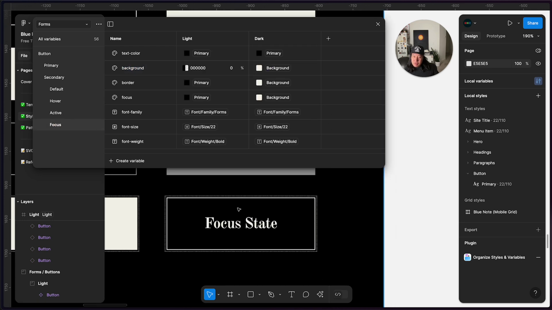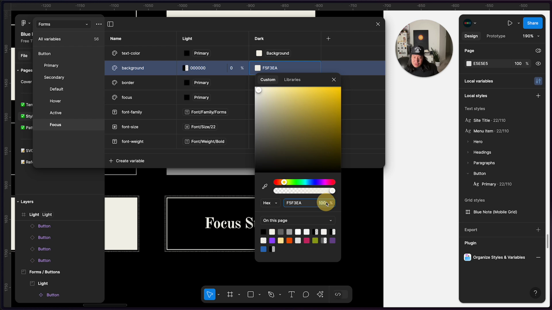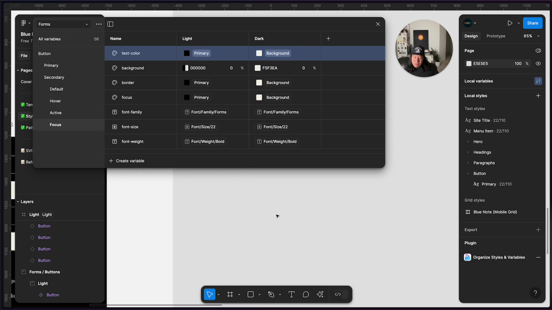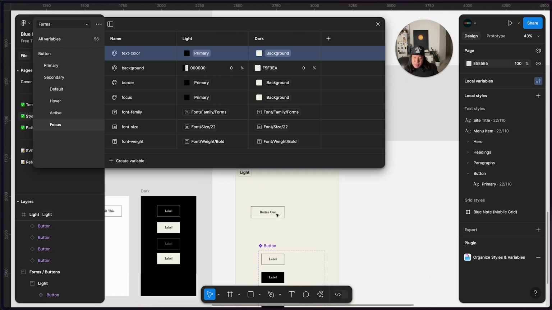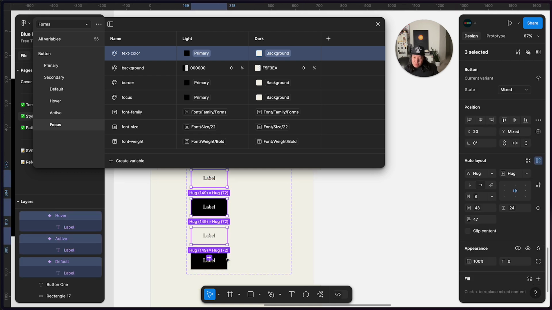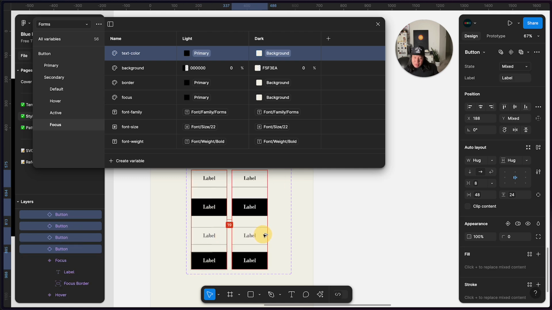Focus. Focus, the text color goes to background. There's no background color because it's going to be 0. Border is background and this focus is background, so perfect. So we have that. Beautiful. Okay, so what we have to do now is duplicating that, and once we duplicate that, we're going to